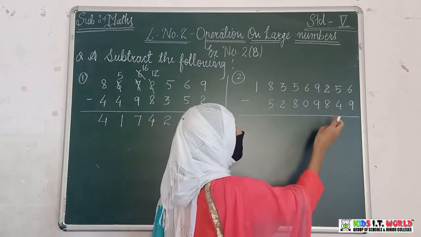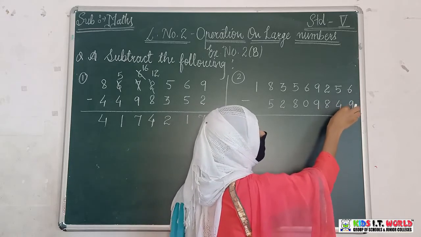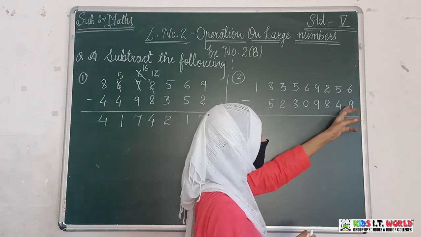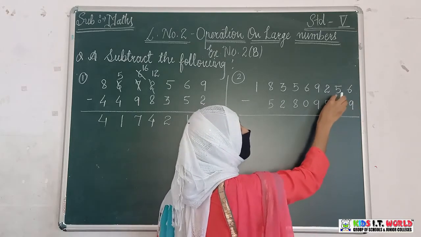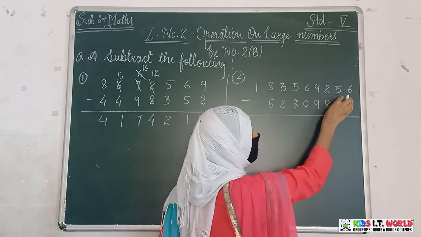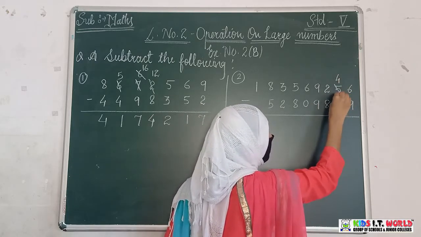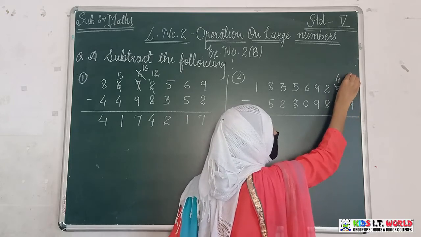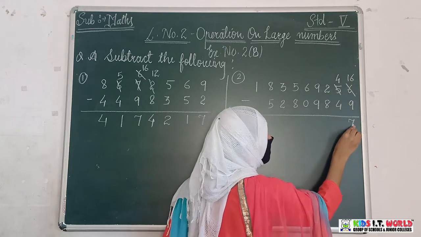When you are starting the subtraction, you have to start from the ones. Now, we have to subtract 9 from the 6. Here also 9 is greater than 6. We can't subtract it directly. So, for the subtraction, we have to borrow from another number. So, we will take it from the tens. If we are taking 1 from here, it will be 4, and we are taking tens to the other number, so it will be 16. Now 16 minus 9, it is 7.